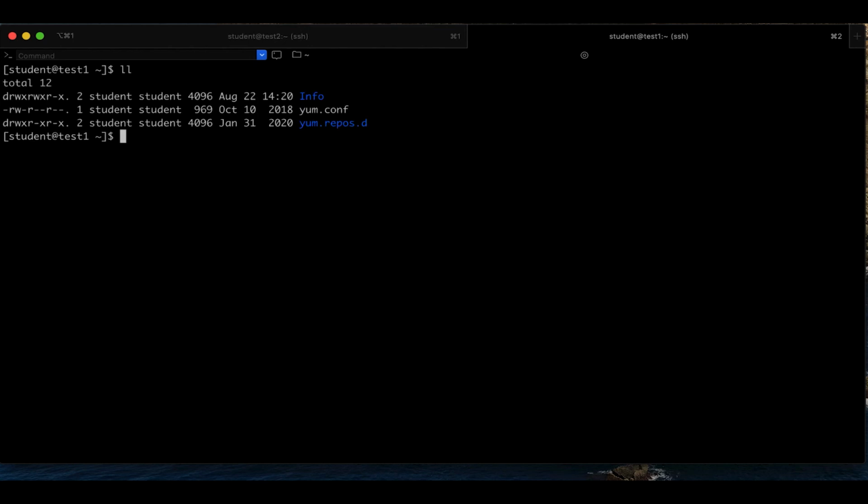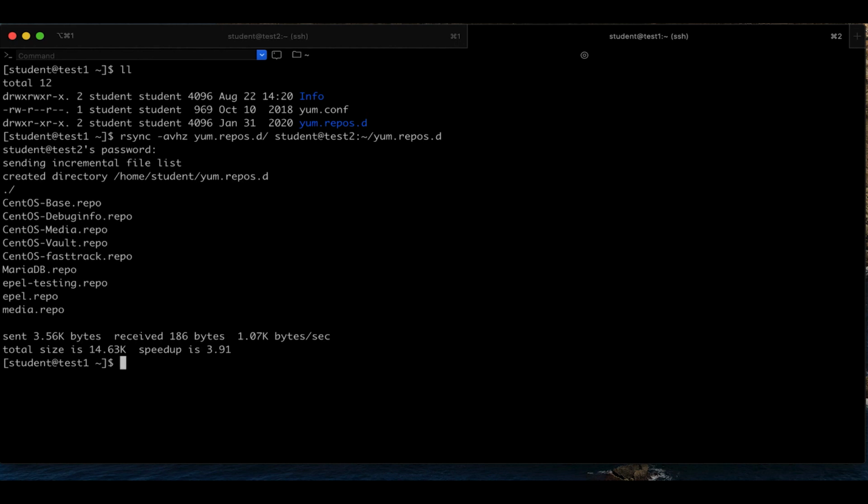To rsync a directory is going to be slightly different than SCP. So the syntax to send a directory is going to be rsync, arguments if you want any: archive, verbose, human readable, compress. The source directory, yum.repos.d, and this will send everything within the directory to the user on the destination, which is student at the host name, at the absolute path, home student. Since we know that tilde represents the absolute path, and we want to send it to the student's home directory, we can use the tilde sign, slash, and we're going to create another directory called